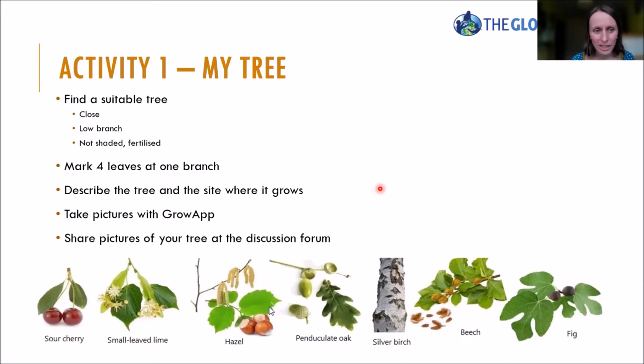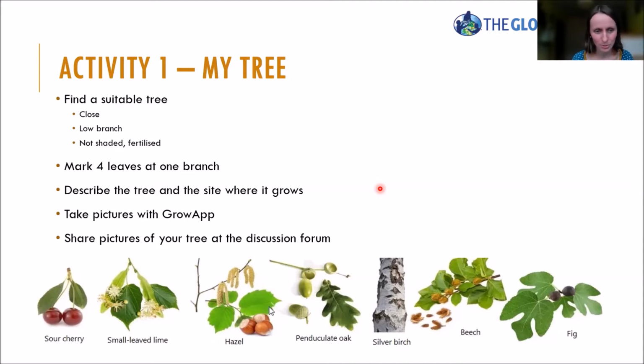So you chose a tree, then you need to choose a branch and mark 4 leaves on one branch, all the leaves at a similar branch, like starting from the end of the branch towards the center of the tree, you just mark the leaves 1, 2, 3, and 4. You will need to describe the tree and the site where it grows. So you need to know which tree species you are observing, and you need to have GPS coordinates for the